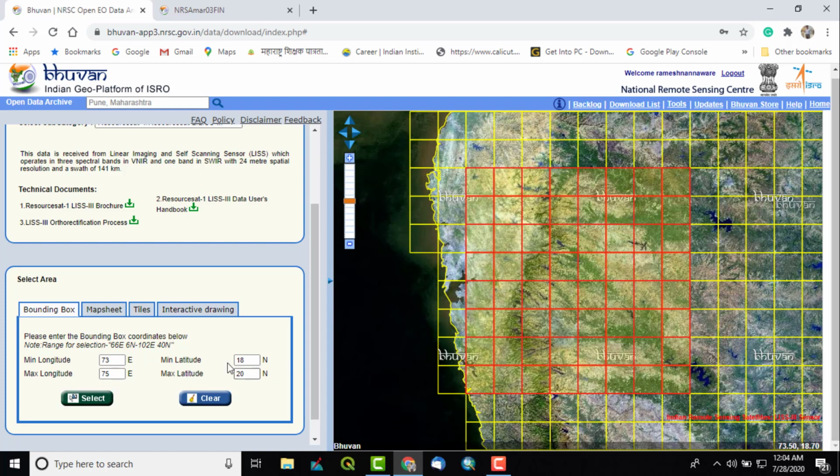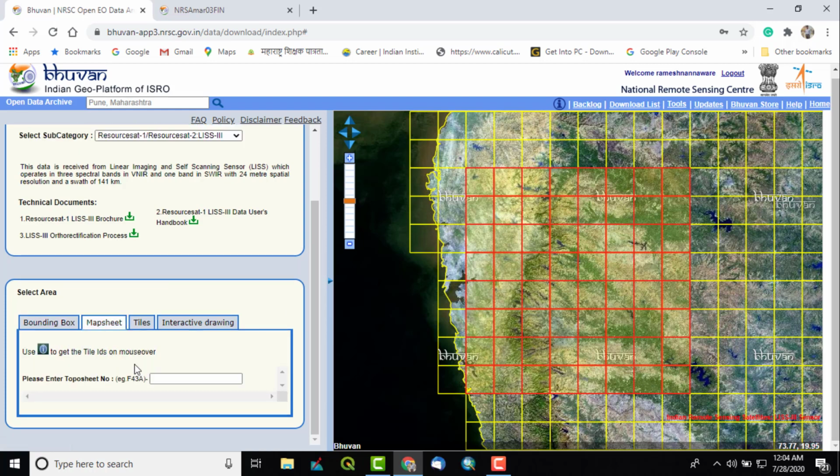So it is not necessary that you have such an enormous region as your area of interest, but maybe 1 or 2 images can also make your area. It totally depends on which studies you are undertaking. In such a way I can define my study area.